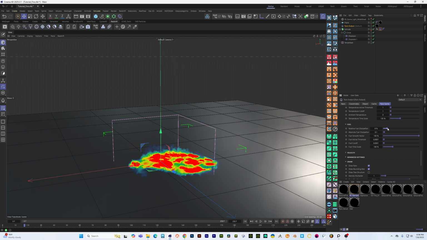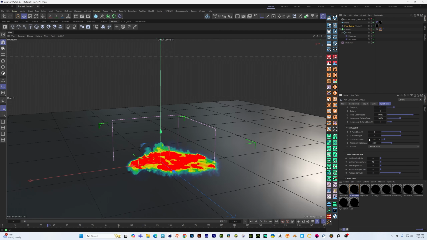Okay. Lower this. Okay, so that's going down. We don't actually want that. So the buoyancy,